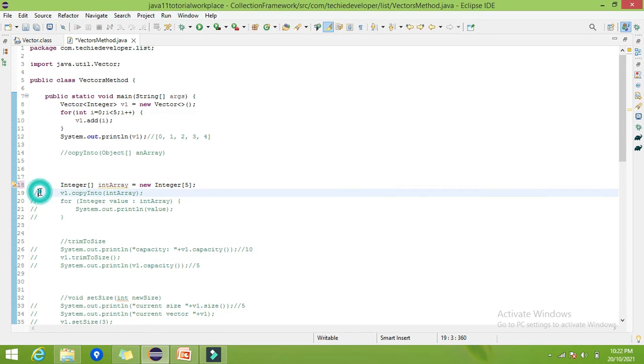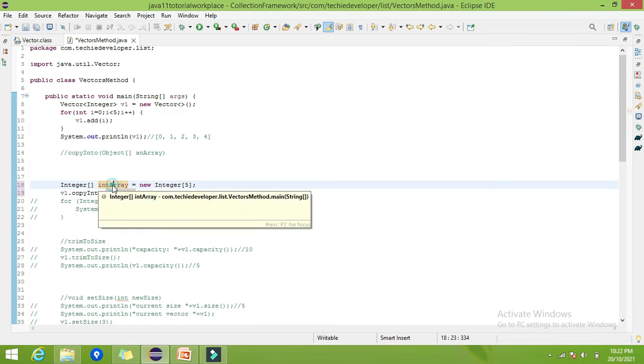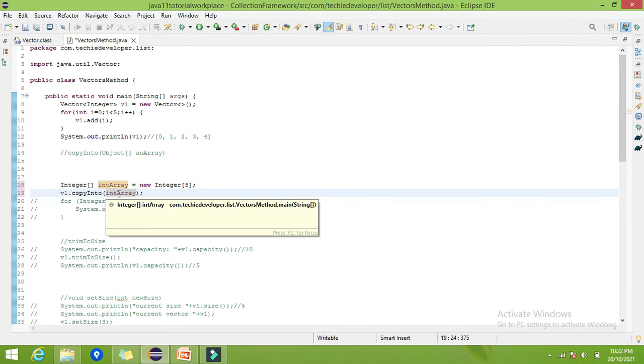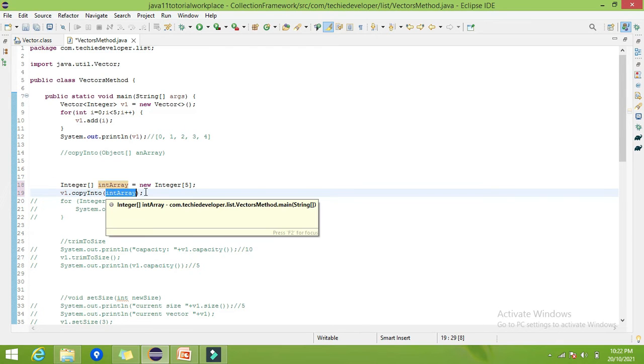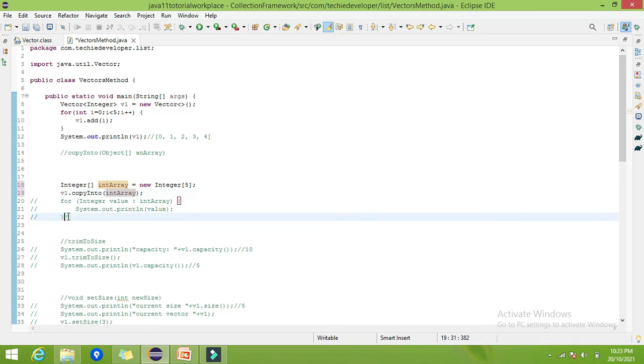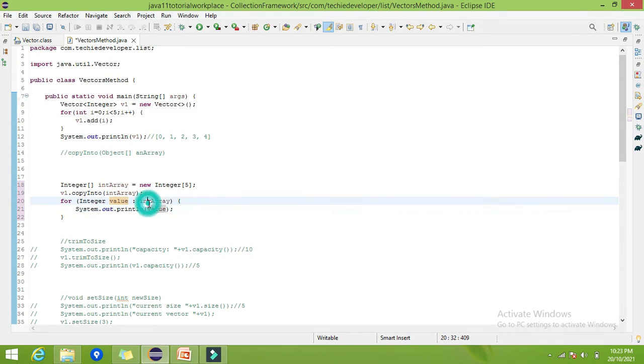Now we have the method v1.copyInto, and I have given the newly created array as the parameter. So all the elements from the v1 vector will be copied into this int array. Then I have printed the elements from this array to verify this.